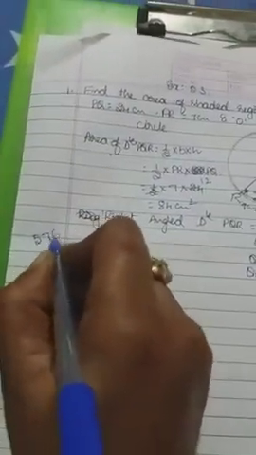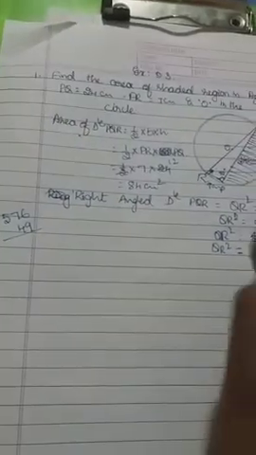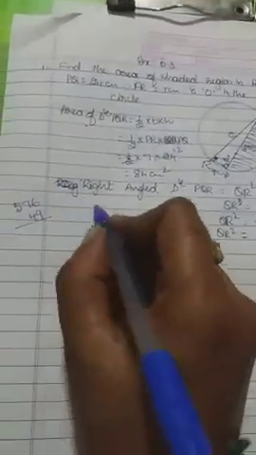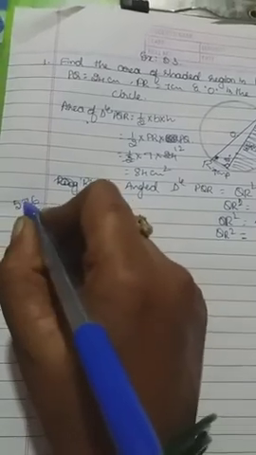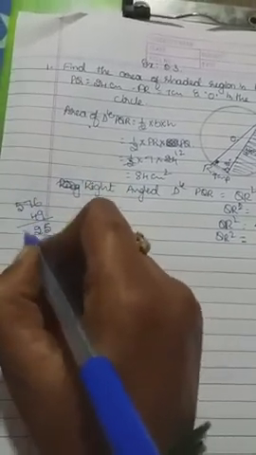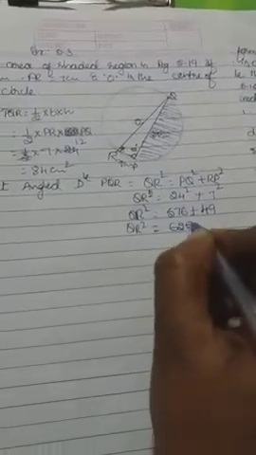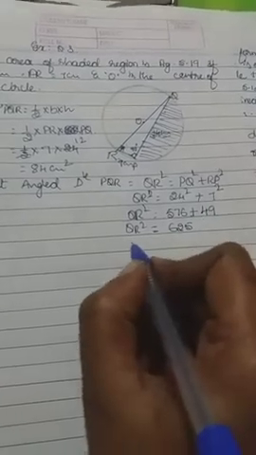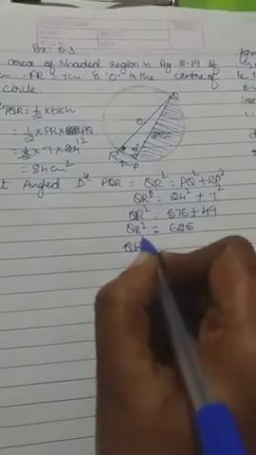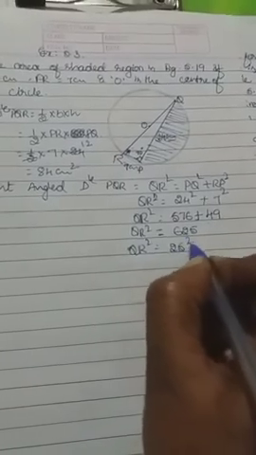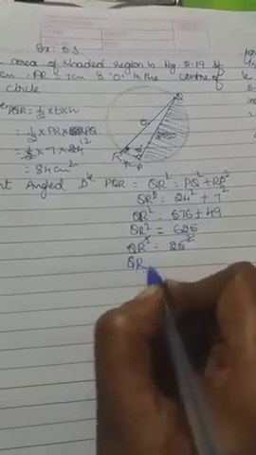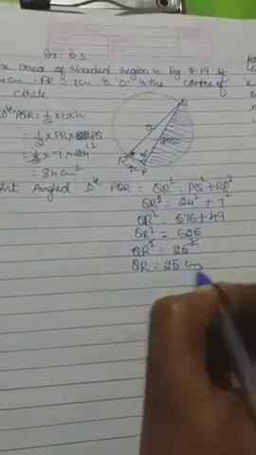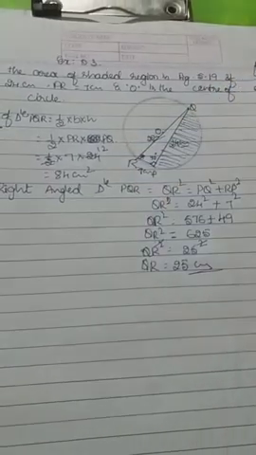Let us add 576 plus 49. You have to learn the square numbers, it is very easy for you to guess. 9 plus 6 is 15, 1 plus 7 is 8 plus 4 is 12, then 1 carry 6, 5 plus 1 is 6. We got 625. So 625 is the square number of 25, 25 25s are. QR square equals 25 square, the squares get cancelled, then QR equals 25 centimeter. Yes, we got the value of QR now.